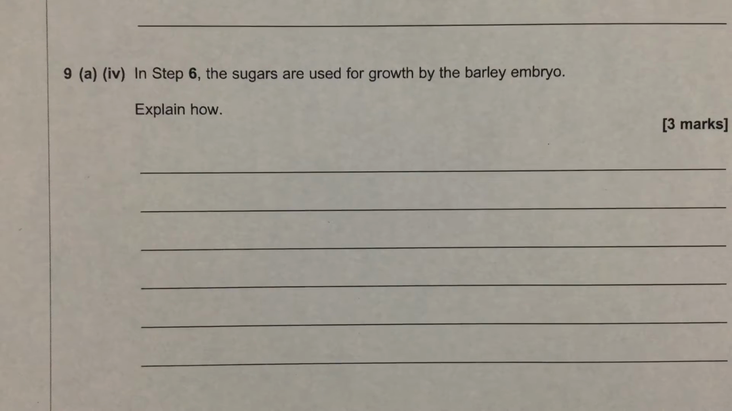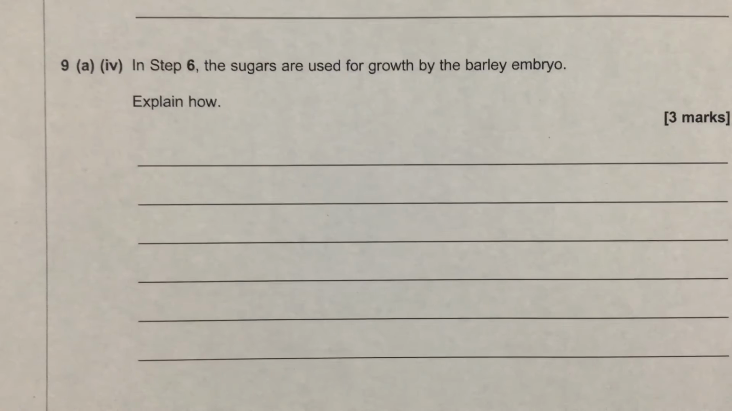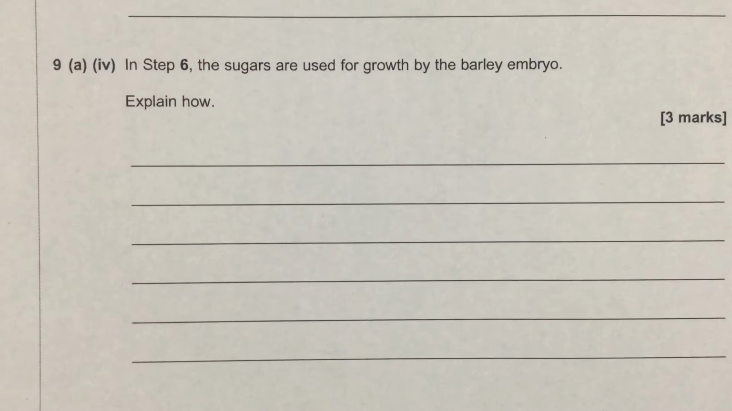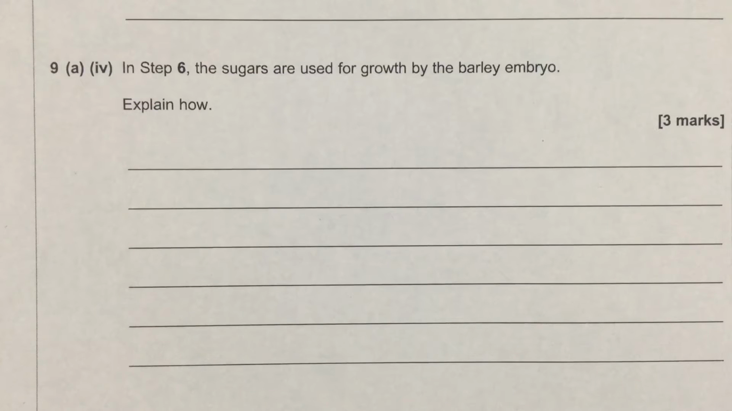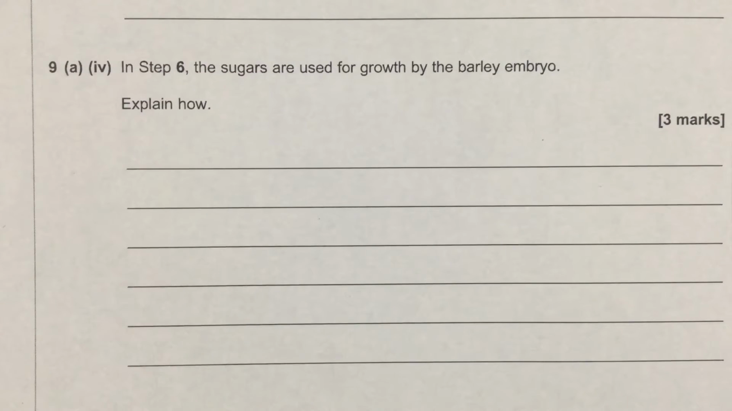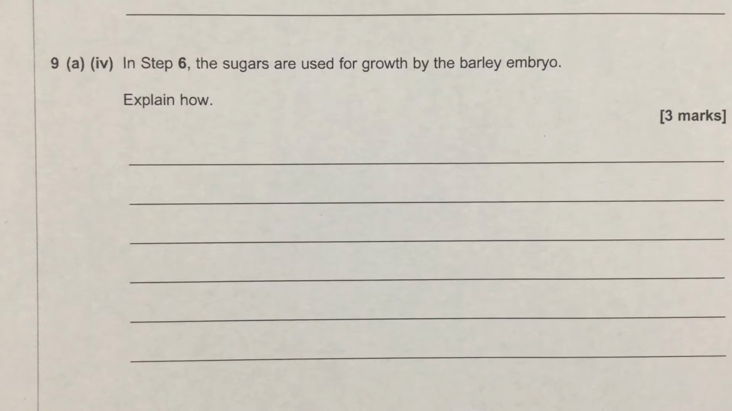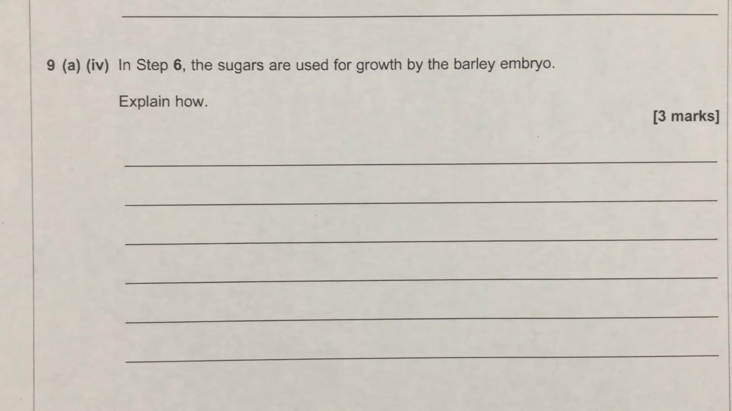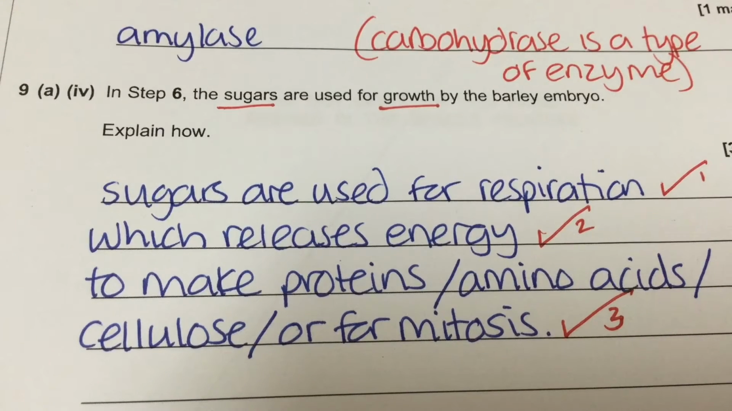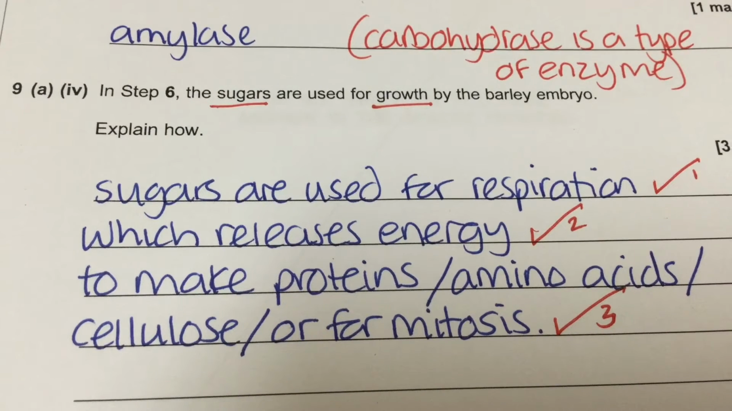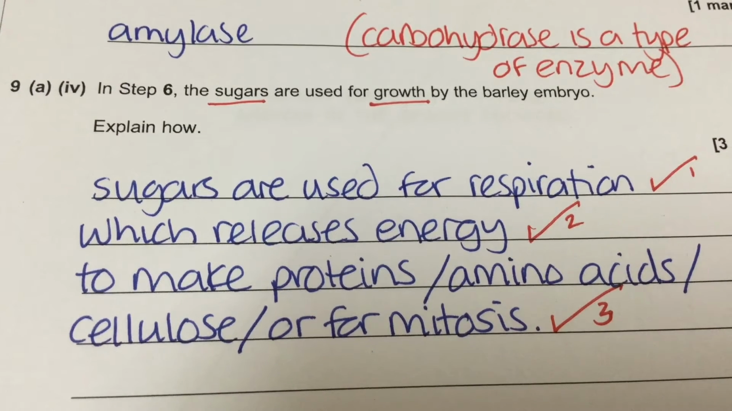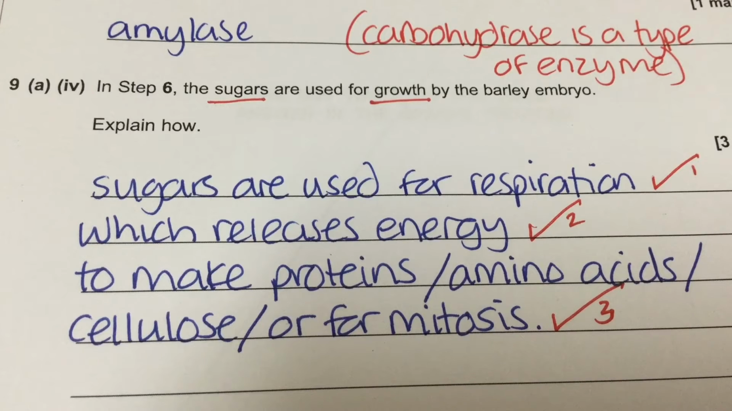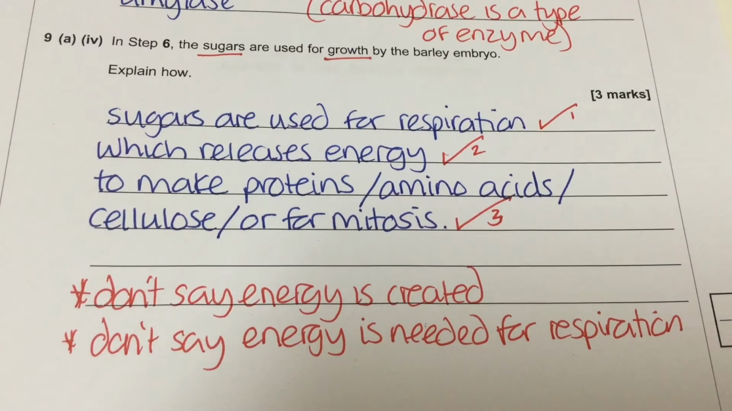The next part of the question says the sugars are used for growth by the barley embryo. Explain how. So how are sugars going to be used to produce growth when we know that growth depends on protein, depends on amino acids? Well, what we're going to say is that sugars are used for respiration. That releases energy. Remember, we don't say it produces energy because you can't produce energy. You can only release energy. We're then going to say that that energy is used to make proteins. It's either that, or it can be used to make amino acids, cellulose, which is for plant cell walls, or for